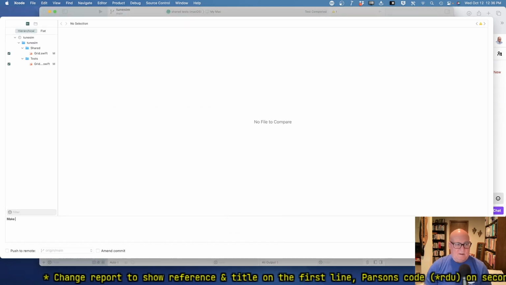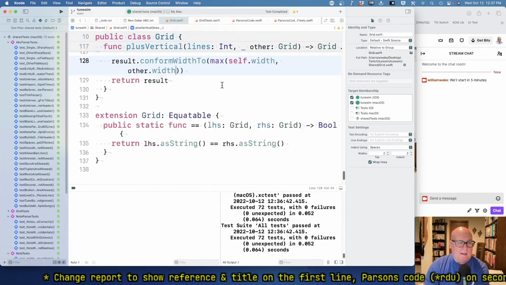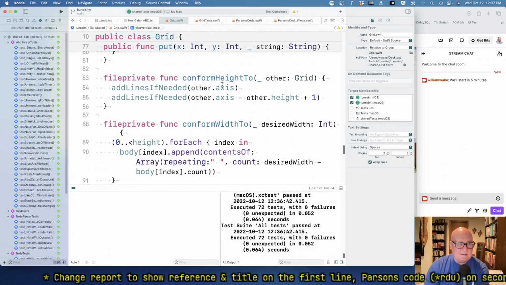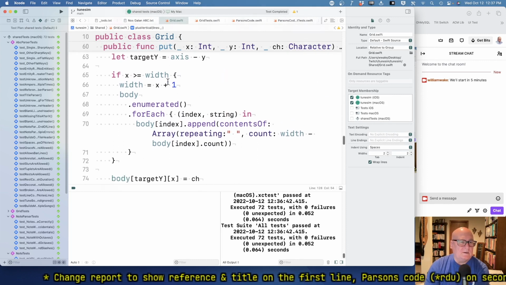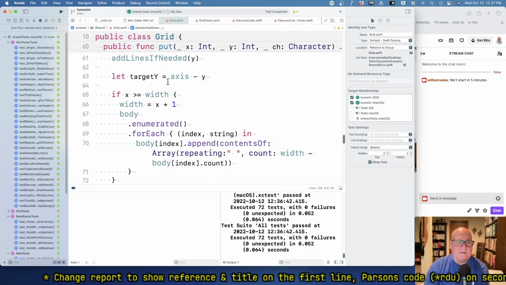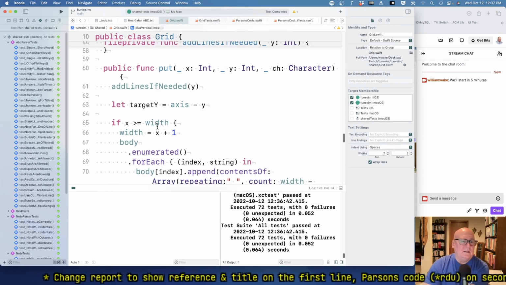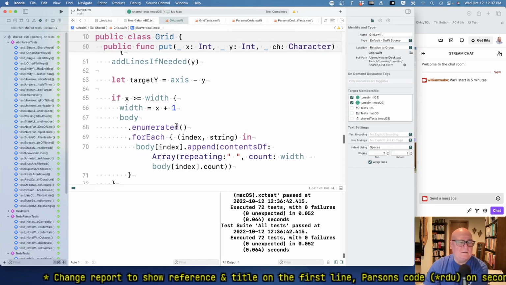Make, when adding vertically, conform new grid width to larger of original grids. Okay. And I want to refactor, like conform grid width, this thing. If x is greater than or equal to width, x is greater than or equal to width. Okay, so yeah, if we need to,